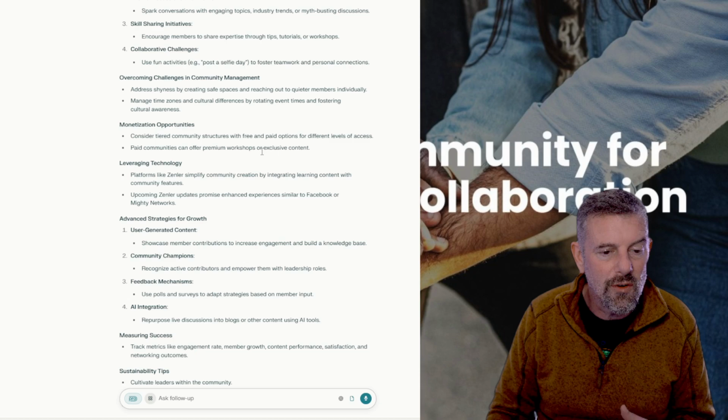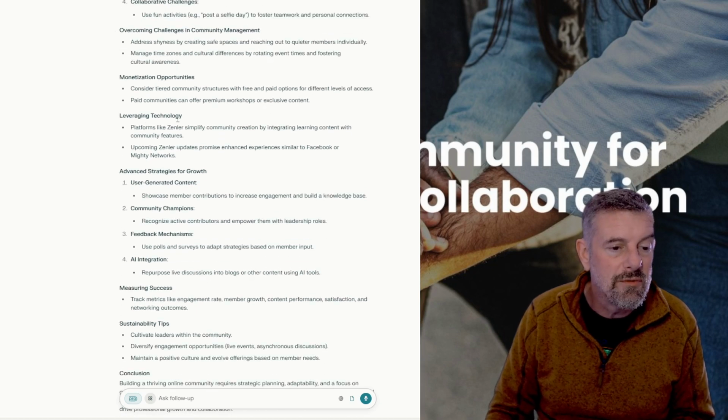Paid communities can offer premium workshops, leveraging technology, platforms like Zenler, Simply Community, integrating with community features, upcoming Zenler updates,